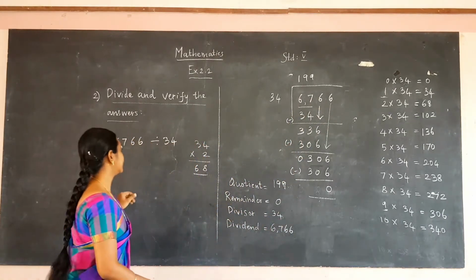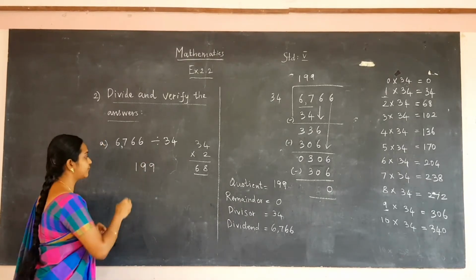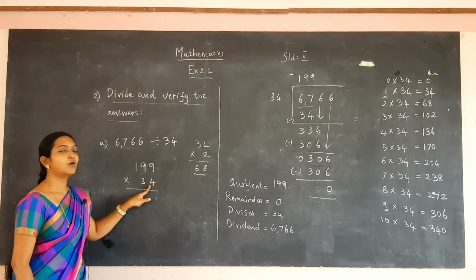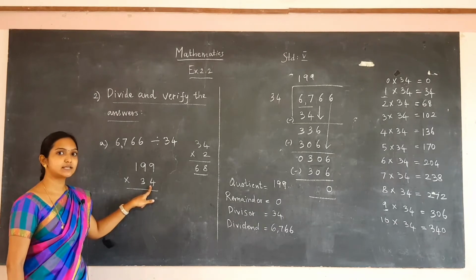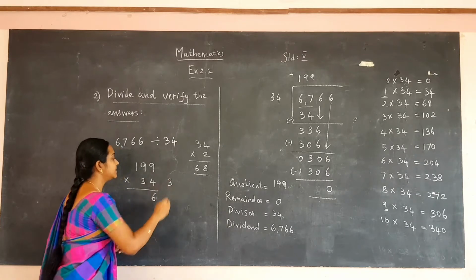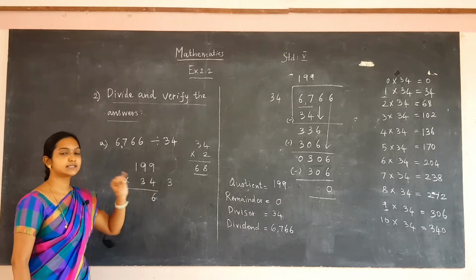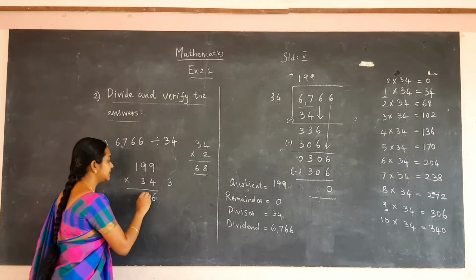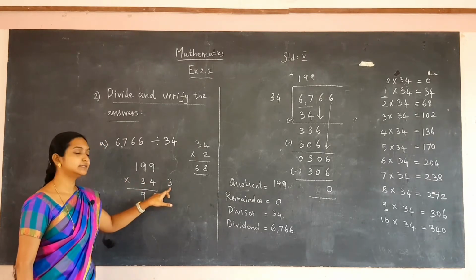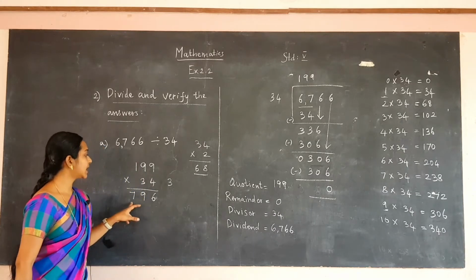Shall we verify? Now I am going to multiply 199 and 34. 1 9 is 9, 2 9s are 18, 3 9s are 27, 4 9s are 36. So put 6 here and 3 will be remaining. Again 9 4s are 36. Now add 3 to 36, 37, 38 and 39. Put 9 here and 3 will be remaining. 1 into 4 will be 4 and you have to add 3. 5, 6 and 7. Now I have written the first line.